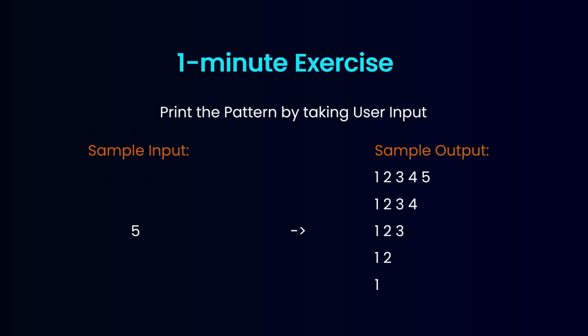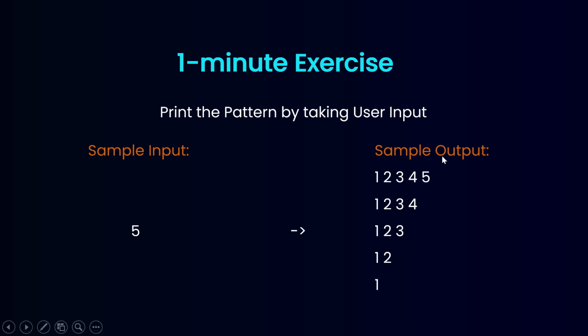So now it's time for a 1-minute exercise where you have to print this pattern using the user input. So you have to take the user input and print this pattern. How can we print this pattern? What we can say is every iteration of these lists, like these all look like a list. So this looks like a list of lists,